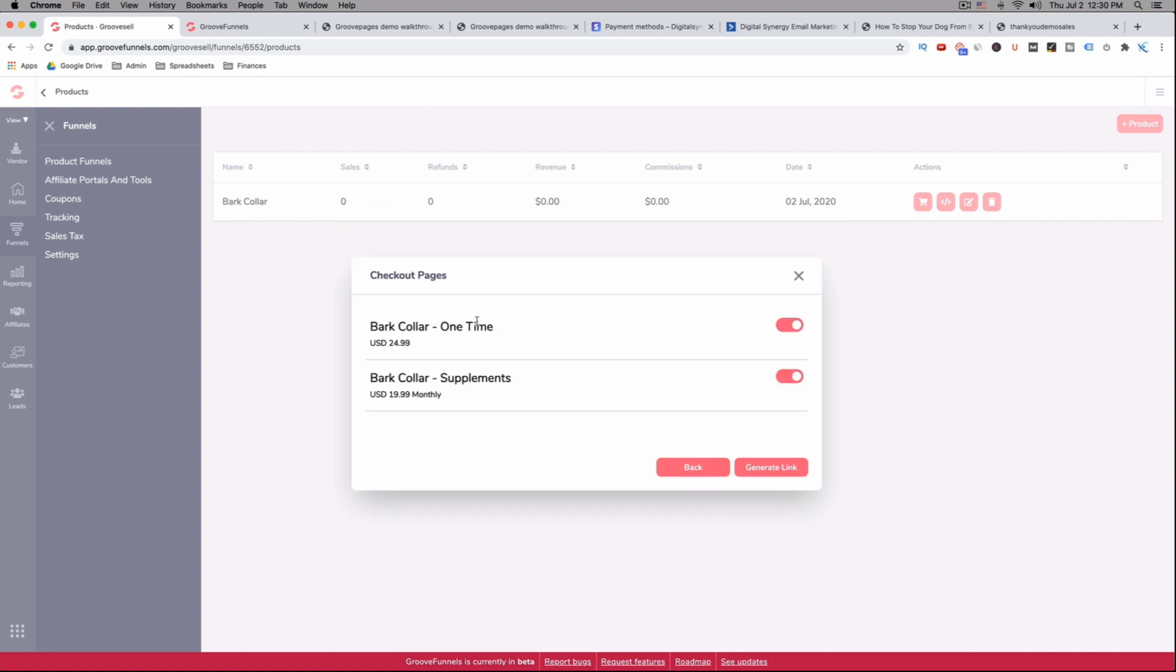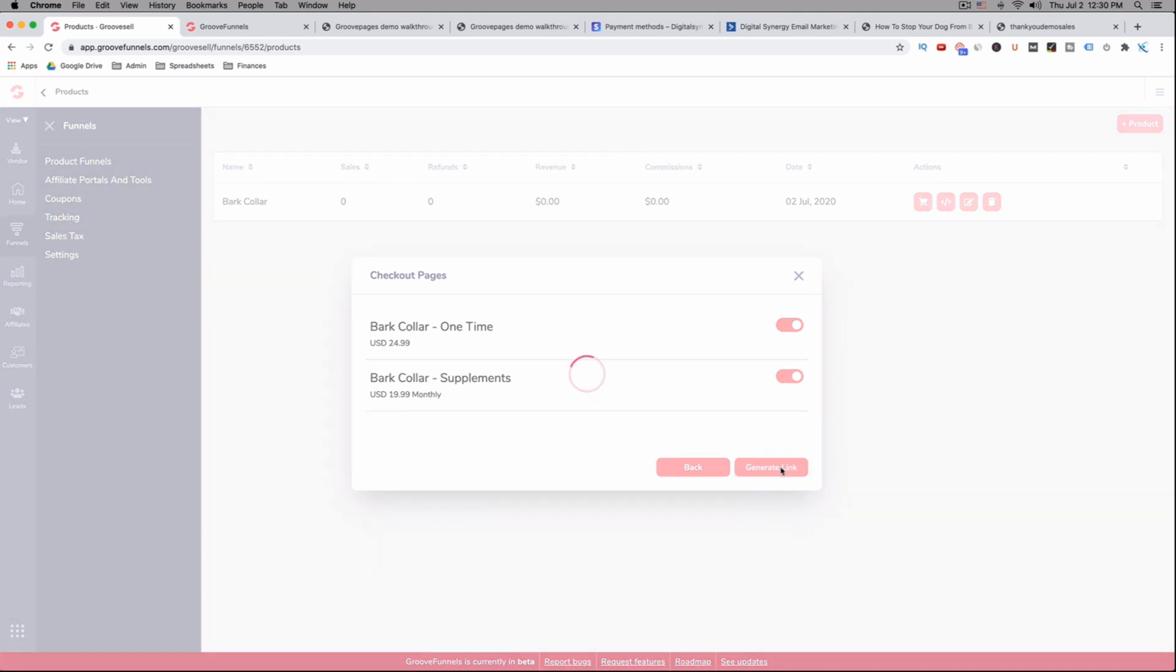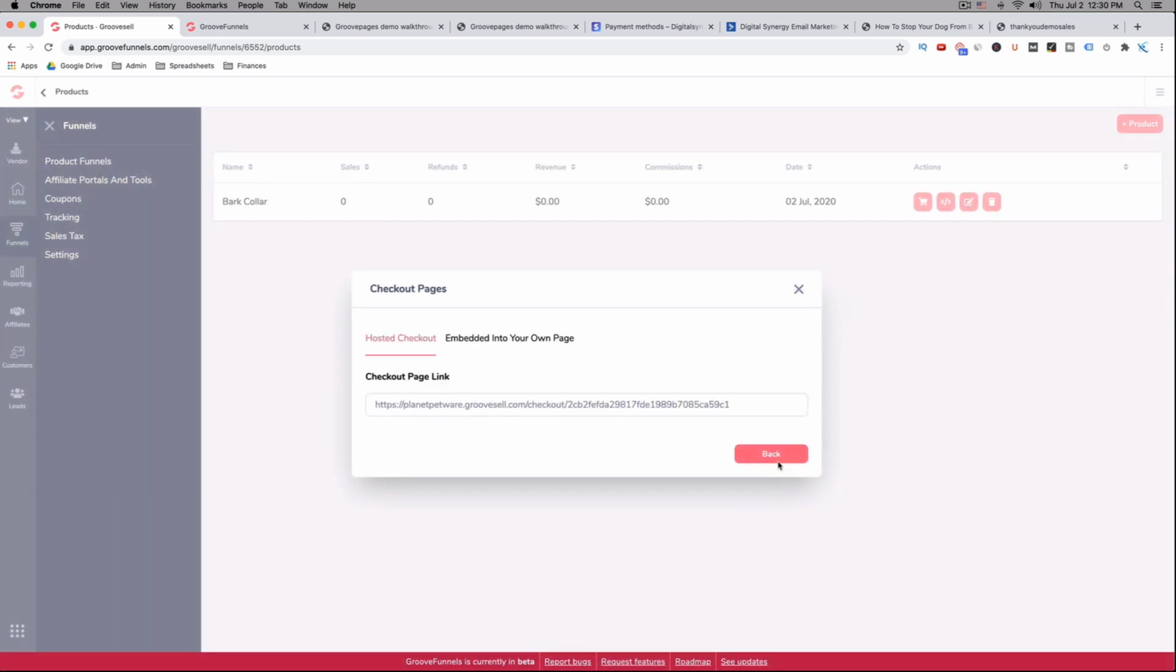Okay, and it shows the multi-products that we have. At this point, we can unchoose one of them if we wanted to. I'm just going to leave it on there just to show you how it looks. And then we just go ahead and hit generate link. Okay, and so now we have this link here. This is a hosted checkout. This is the link that I told you we're going to put in our